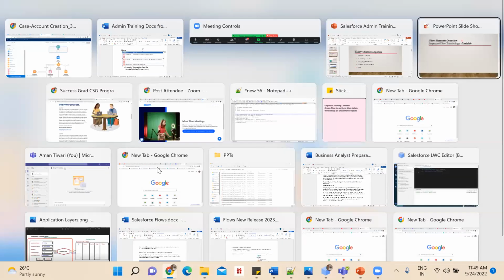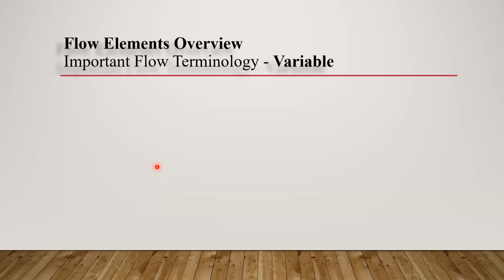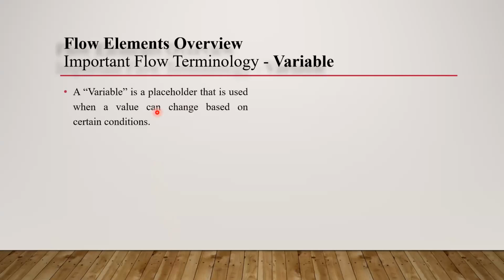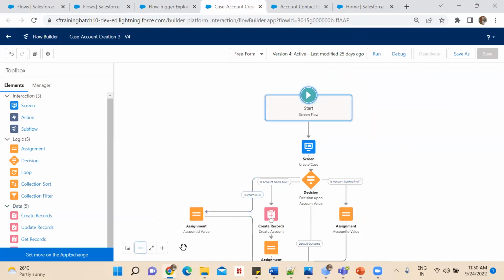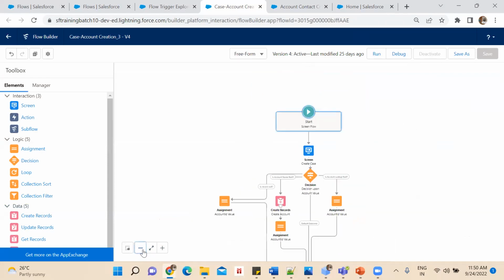So with that said, let's move on to the very important flow terminology called variable. Aman, sorry, I did not understand how to implement the loop part in Flow. No problem. When we see the practical implementation, I will tell you how to use loops and when to use loops. You don't need to worry about that. This part is just theoretical, where you understand what different things are available. And collection also we will be using, is it? Definitely.